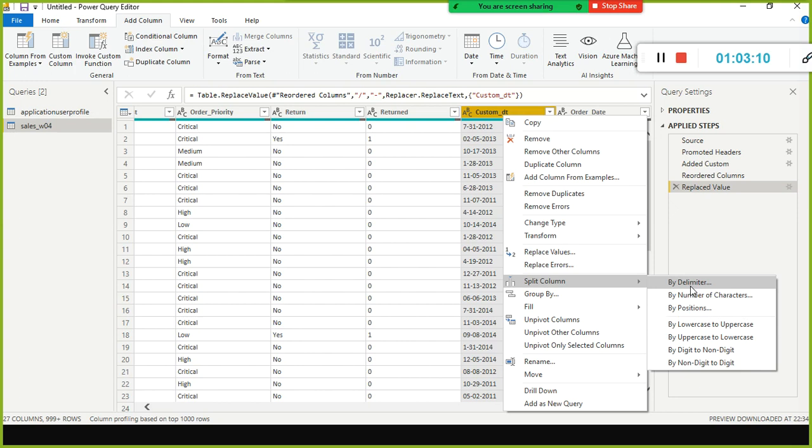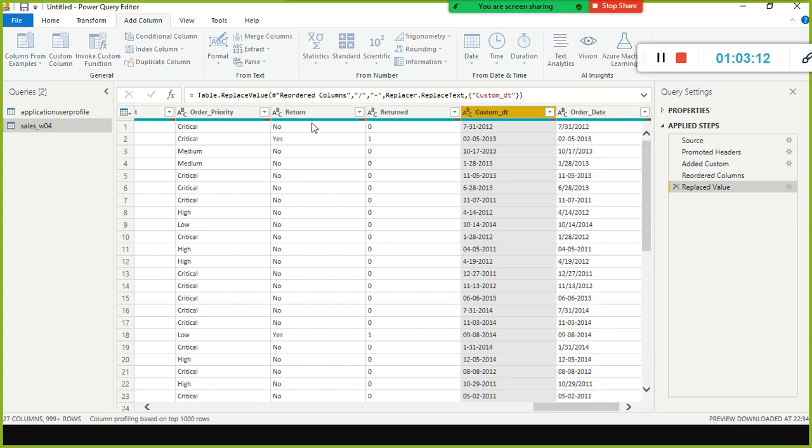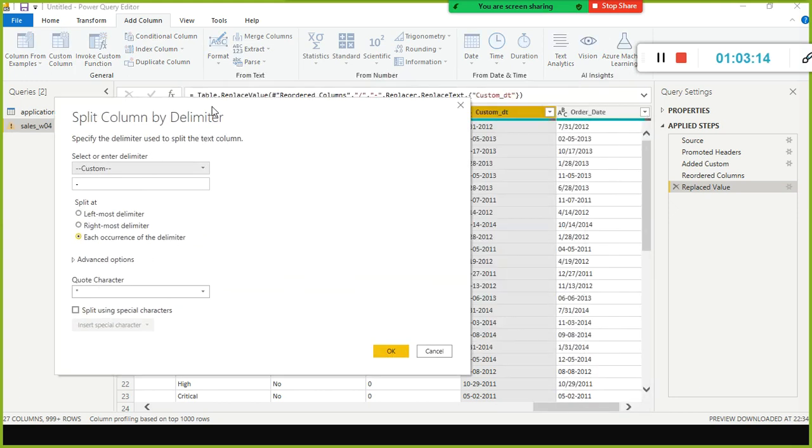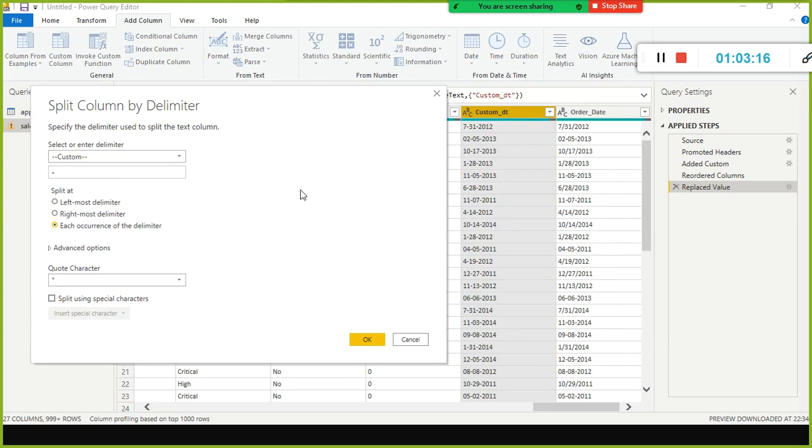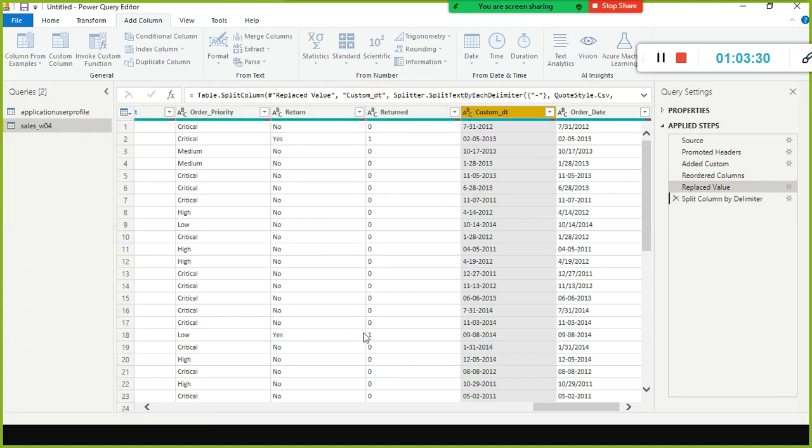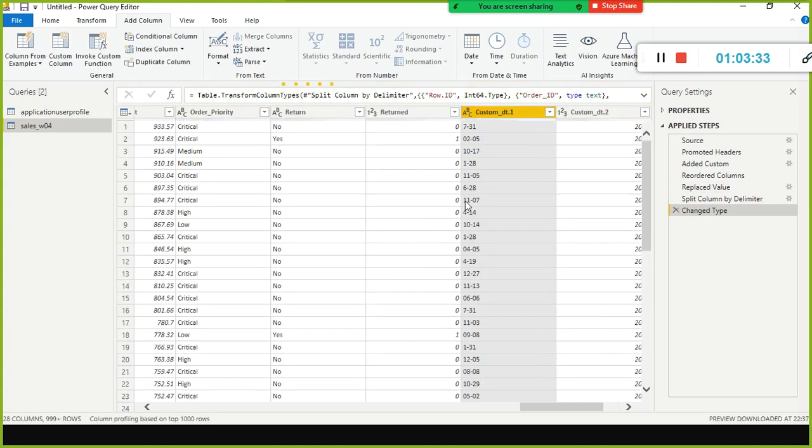You can specify the character also. By delimiter, I'm going to use delimiter. Use the delimiter to split the date in a separate column, month in a separate column. For example, here custom, right? And what I'm going to do is here, yeah. So here hyphen is the rightmost delimiter. I'm going to use rightmost delimiter. Look here, what happens. So hyphen is the delimiter.